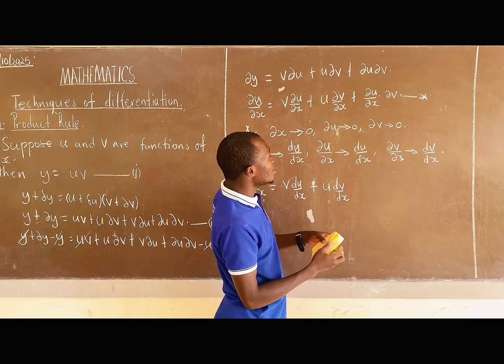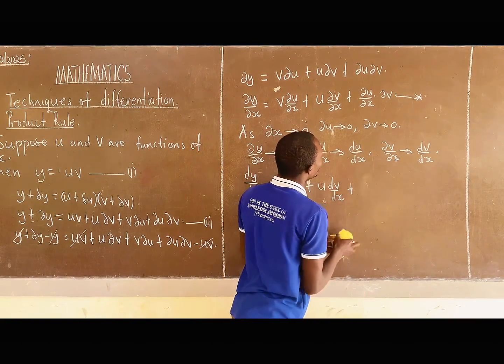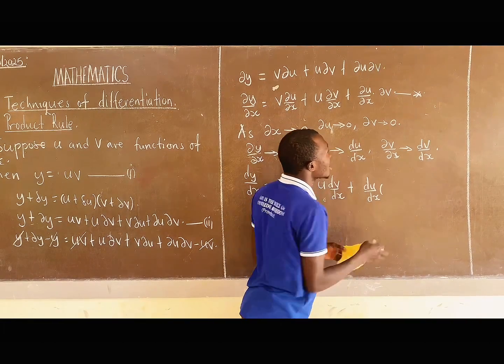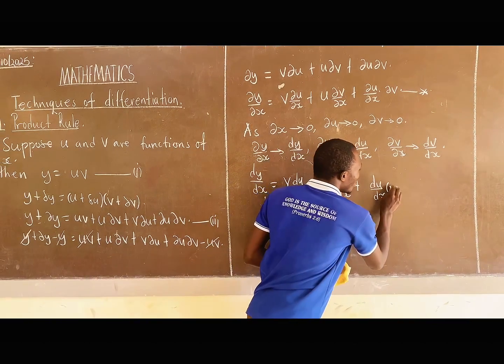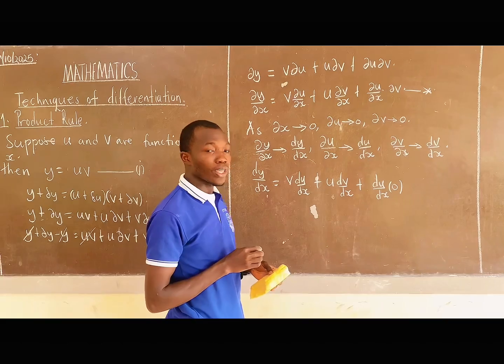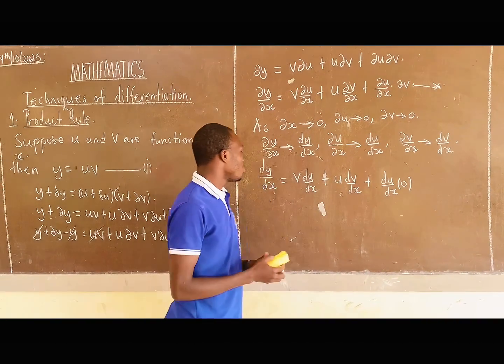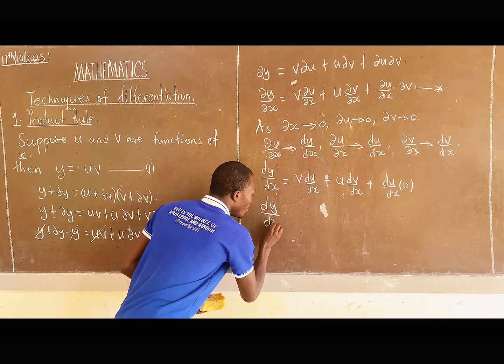Then lastly, this one will have plus du/dx times, since delta v will tend to zero, here we shall have 0 there, making the whole of this part go to 0, meaning we shall have our derivative to be